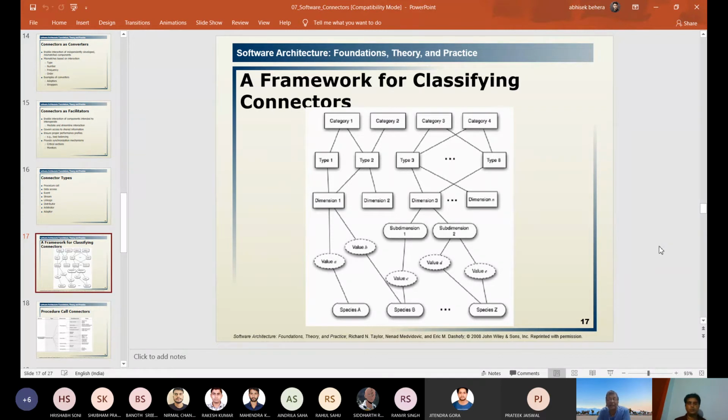So shall we start another chapter, or somebody else will? Here comes the role and port. So anybody who has done something good? Chandrakant, you have done something. What is that role and port? Chandrakant? Yes, sir. Yeah, come up. You have to explain what is the role and port for any connector. Take an example of the first type, and how the port and role play a vital role. You explain. You have done some PPT.